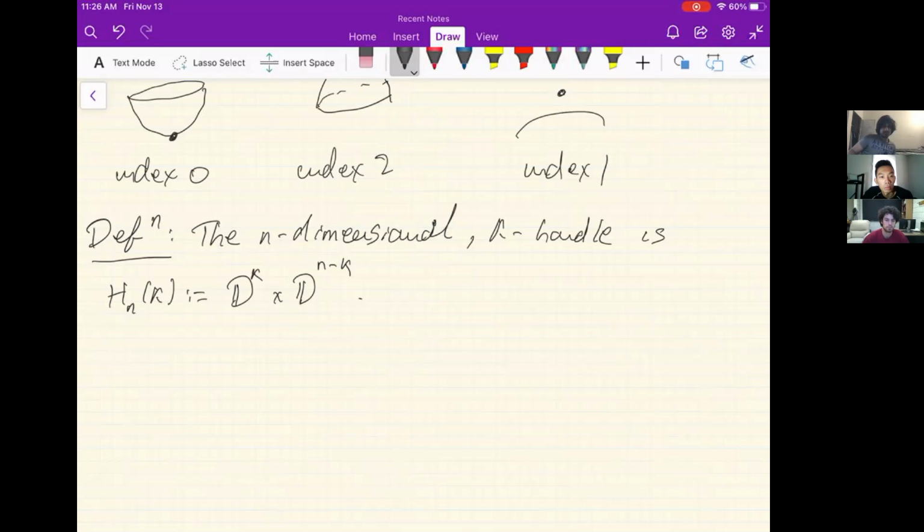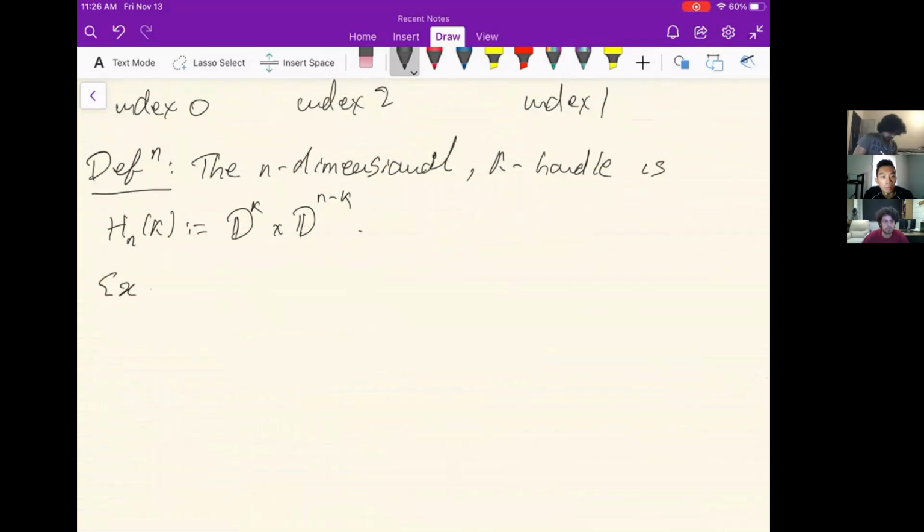Okay, so this is a really important idea, and it's actually the heart of Morse theory, that you recover the smooth structure on M, not just the topological one. That's why you use handles rather than